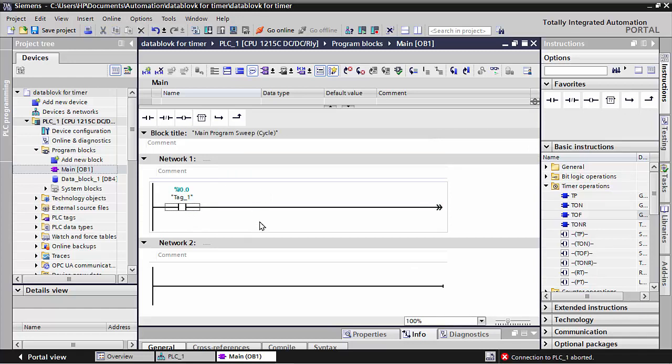First of all, anything you like to execute in the program or PLC, you need one contact. This is where you like to start the timer from. You have to put one I0.0. I put my contact, and next I take